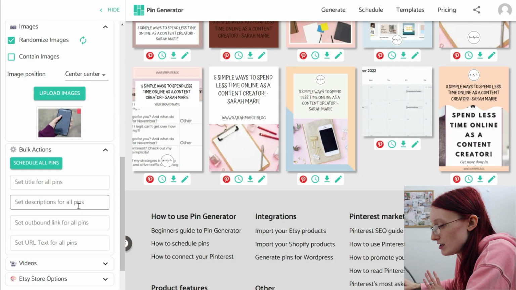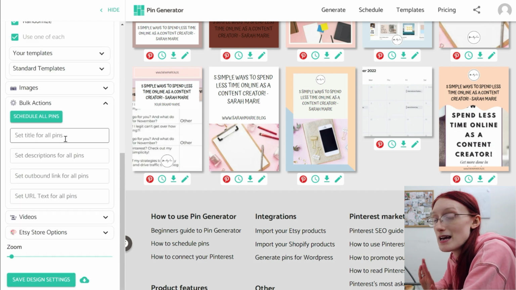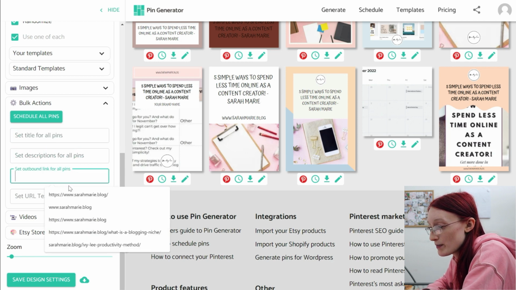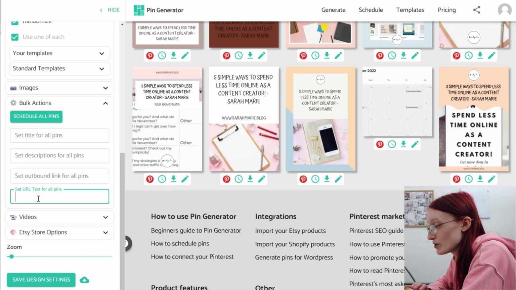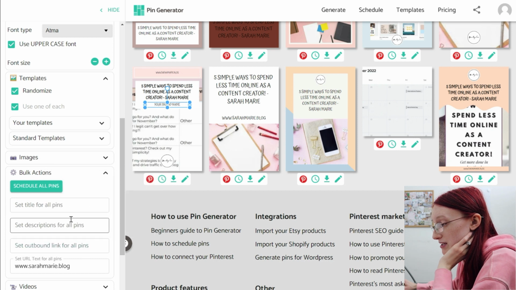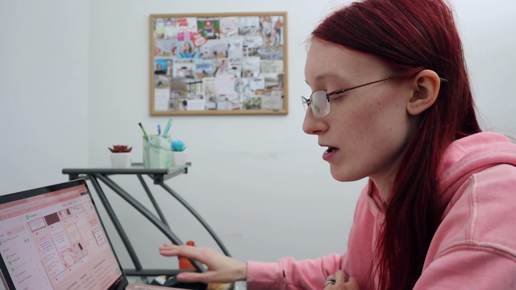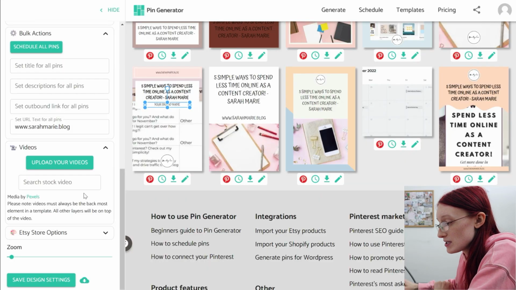Bulk actions down here. You can schedule all of the pins if you want to use this as a scheduler. So you can set a title for them all, a description, an outbound link, and URL text. I wouldn't particularly use this section to bulk upload because you don't want to have the same description and you really don't want to be bulk uploading 15 Pinterest pins all at once because that is definitely going to get you marked as spam. There are some video options here, which I think would just be uploading a video pin,